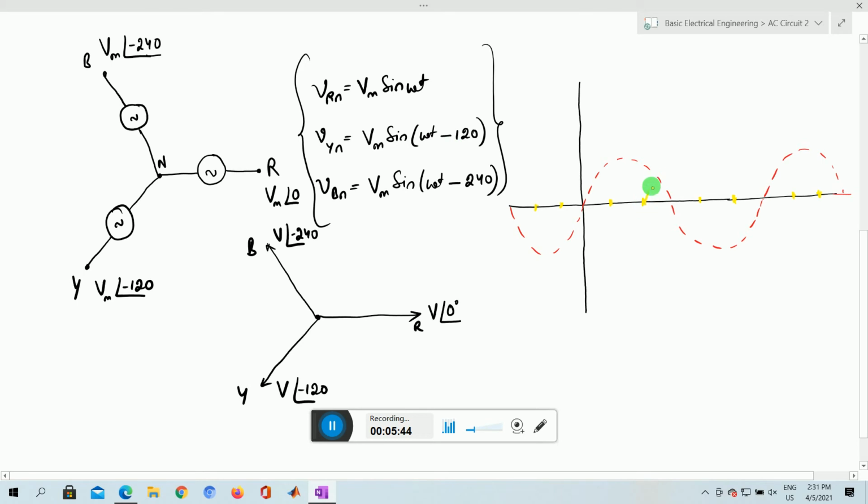So 120 degree means 60 plus 60. It will also form the same pattern. It will come out from here, and now it will follow this pattern, and it will go like this. Here also it will come. If we have a negative axis, we can easily plot the curve. So we got Y. Now we got blue. So the blue one will be